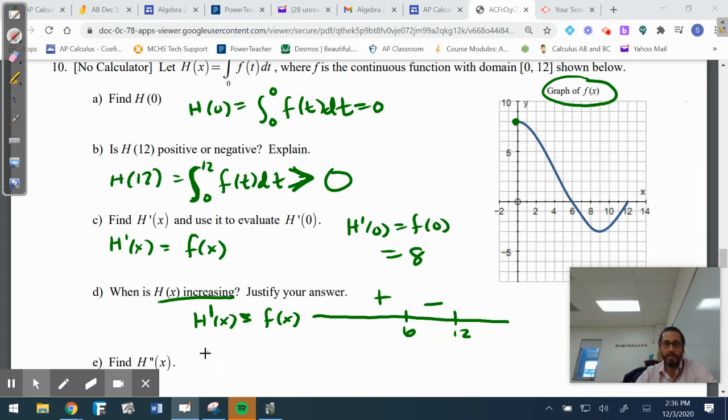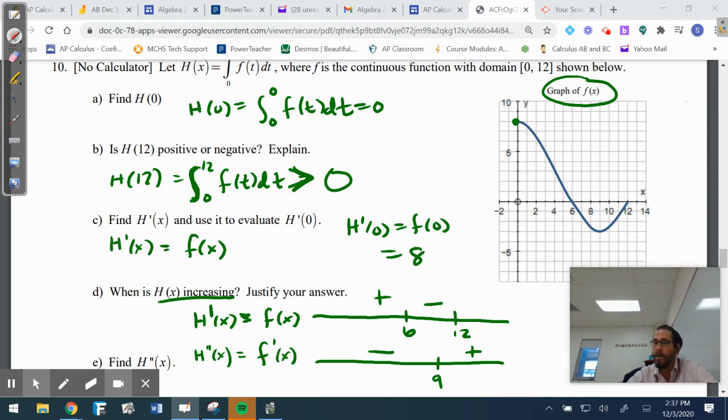Okay, I'm going to answer all these questions right here. h double prime of x would be f prime of x. Where are those critical points? h double prime of x would be 0 or DNE whenever f prime is 0 or DNE, and that would be at any pointy places, vertical tangents, or horizontal tangents. I only have one horizontal tangent, and if I'm looking correctly, it happens at 9. All of your slopes are negative, then they turn to positive, which means 9 is a point of